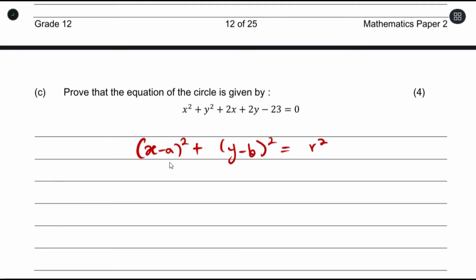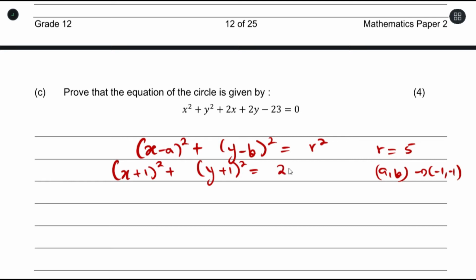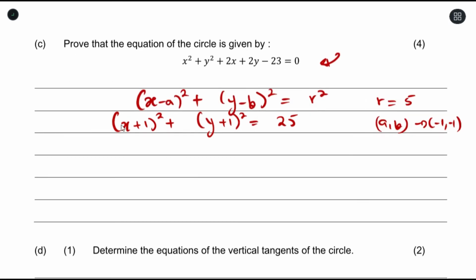Now all we need to do is substitute our values for a, b and r, right? Since your radius r is 5, your a and b are -1 and -1, okay? So putting all this in, this is what you'll get. Now, looking at this, it doesn't look like the equation of the circle we're given here. So what we can do is expand each of those brackets. This here will give you, this will give you,